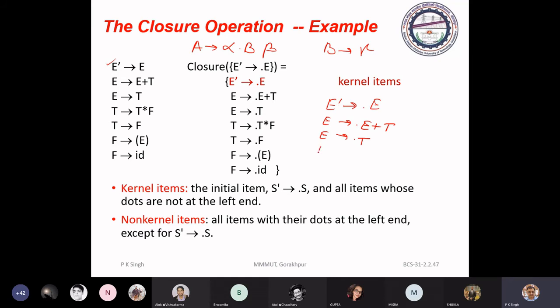So you can write T to dot T into F, T to dot F. Similarly for F, F to dot, and F to dot id. So for this item, these items are the closure items.